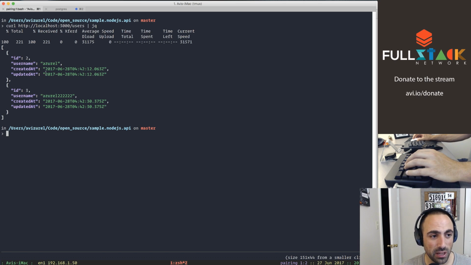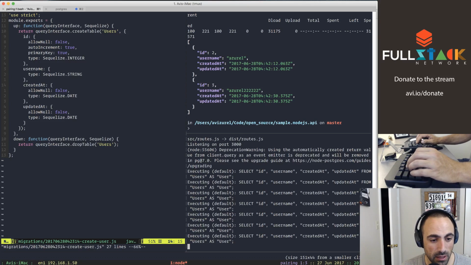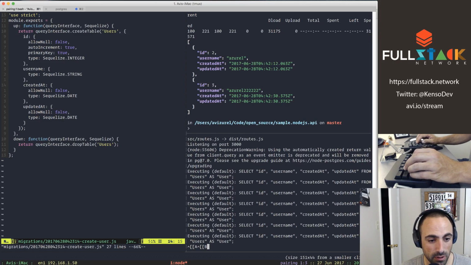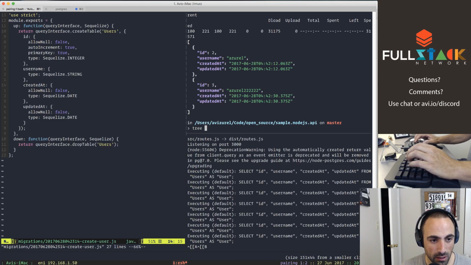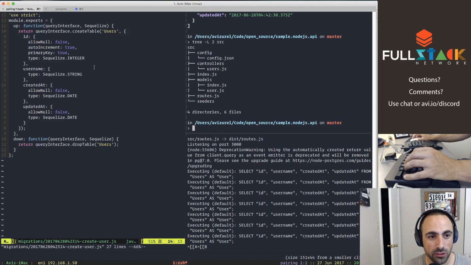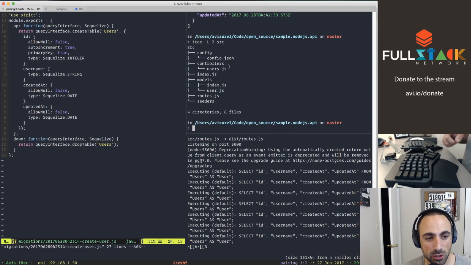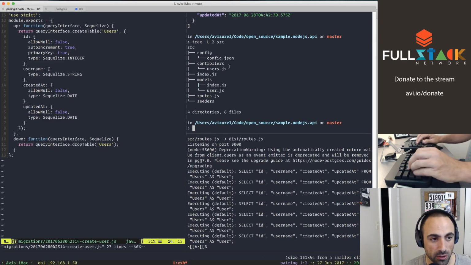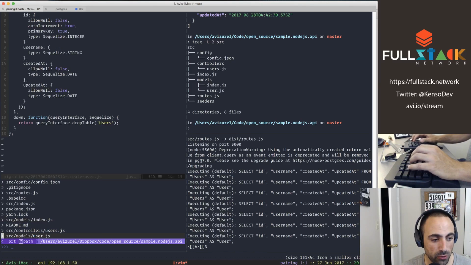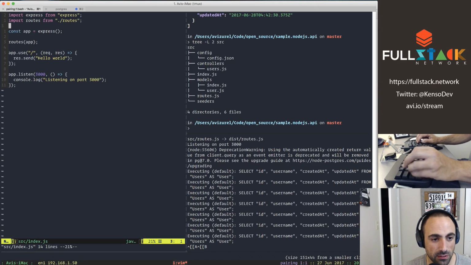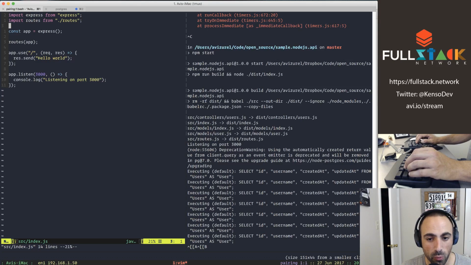So as you can see, we have two users here, user ID 2 and user ID 3. It's really a nice way to have that. All right, if we go back to our src folder, what you see here is that we have a config, controllers, models, routes, and everything is kind of together. So what happens is we go to src index.js. All right, so let's map one of the